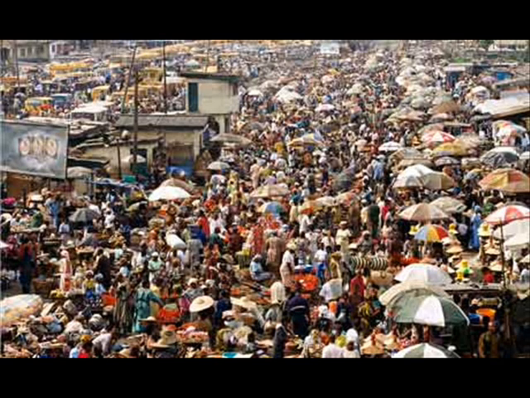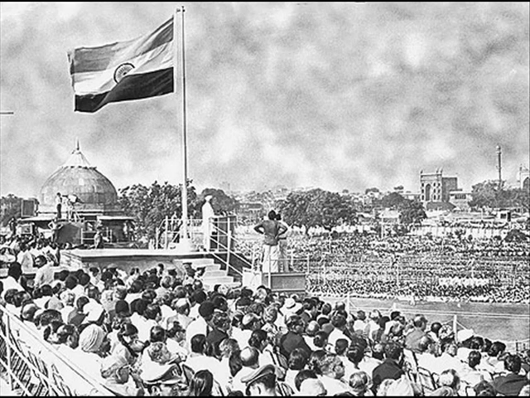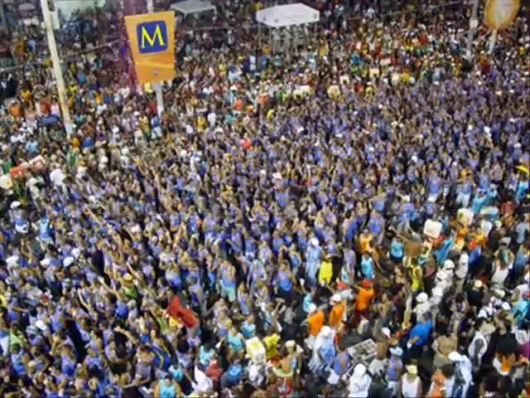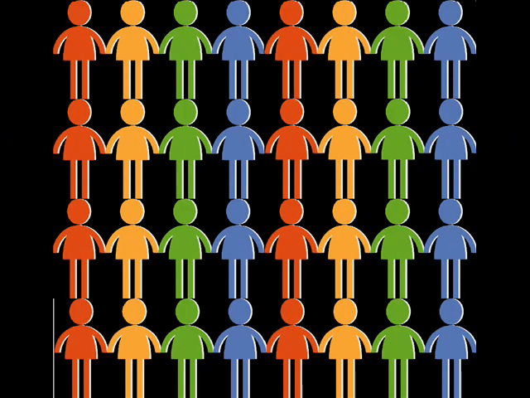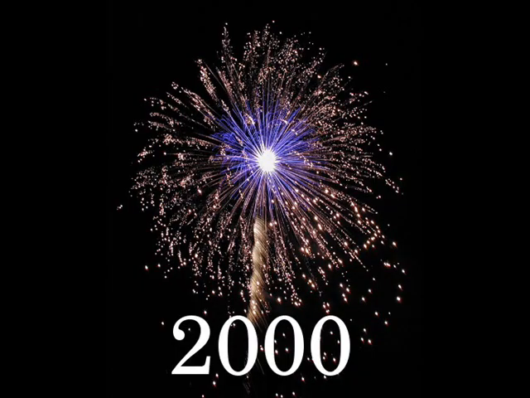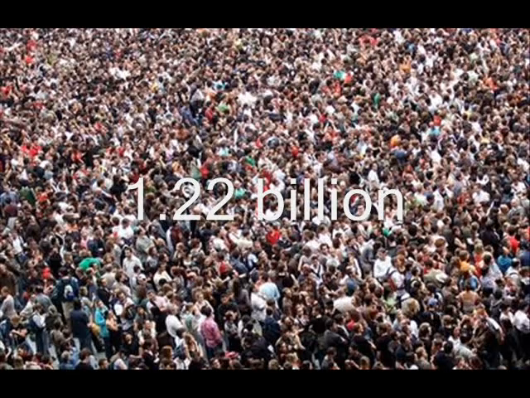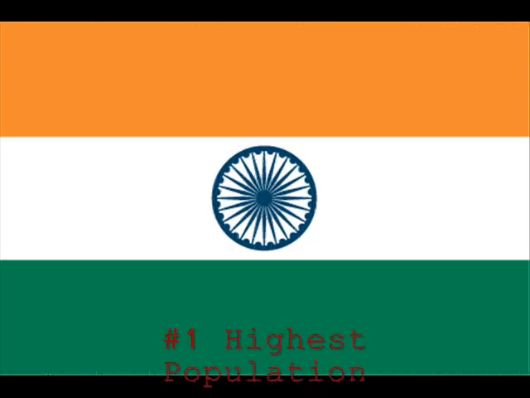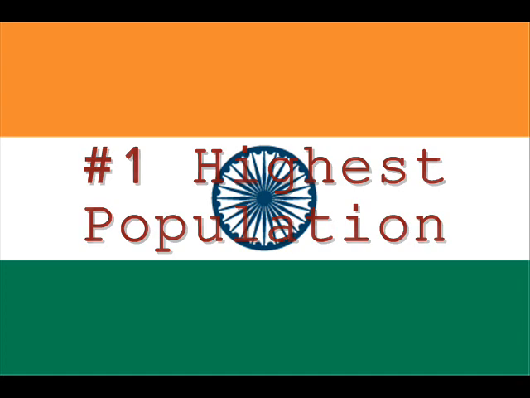India's population boom occurred when India gained its independence from the United Kingdom about 60 years ago. India's population was around 350 million. Since 1947, the population of India has nearly tripled in size. India passed the 1 billion mark in the year 2000. In 2011, India's population was recorded to be 1.21 billion, and in 2012, 1.22 billion. If the population continues to grow at such a high rate, India's population is estimated to reach 1.53 billion between the years 2025 and 2050. India will become the country in the world with the highest population.